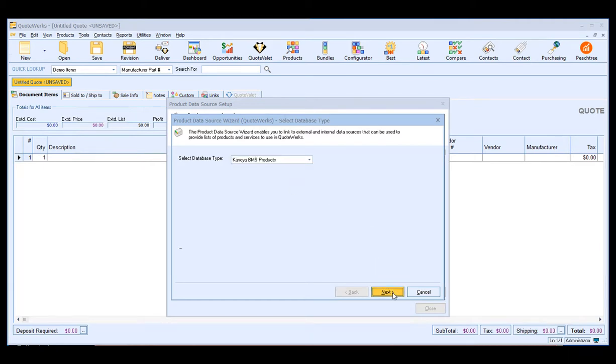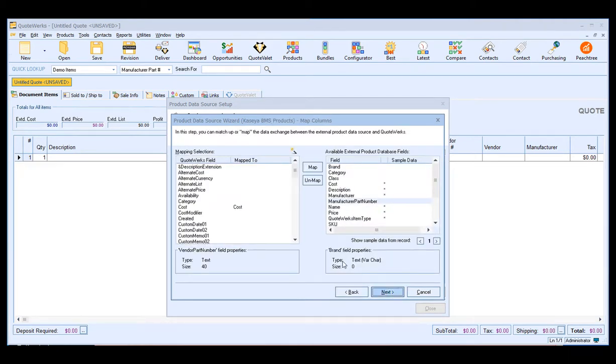Select it and then click Next. You'll see here that you have the QuoteWerks fields on the left-hand side and the Kaseya BMS product fields on the right-hand side. This is where you can map from a specific QuoteWerks field over to a specific Kaseya field. You'll see we've mapped a few of the fields for you already, but if you wanted to map additional fields,